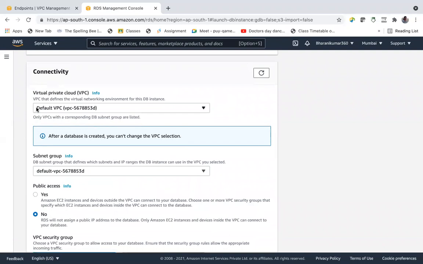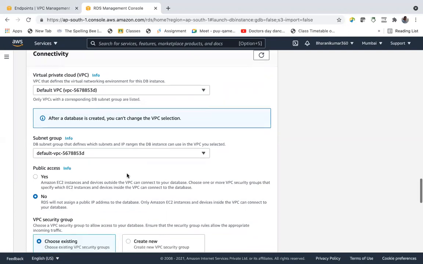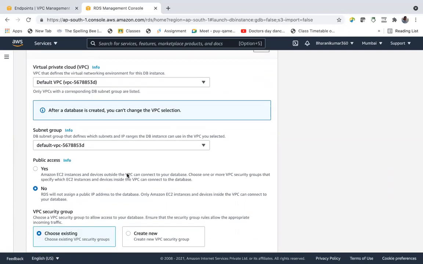Connectivity. In which VPC do we want it? Since for all regional services VPC is mandatory, we know that. You can go with the default VPC or create your own VPC and mention it here. So go with the default VPC. Subnet group: this subnet group defines IP ranges for DB instances, and this can be used in the VPCs you selected.